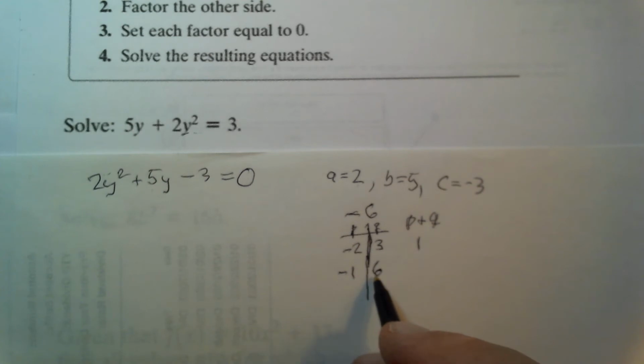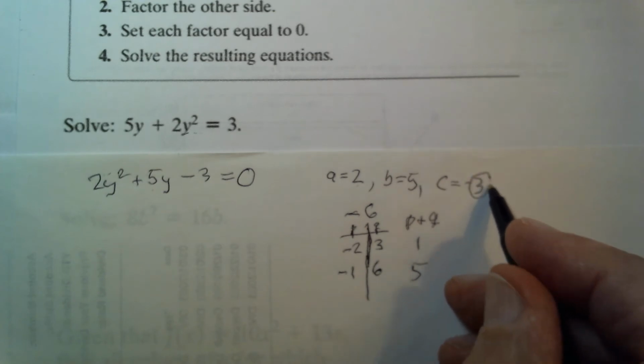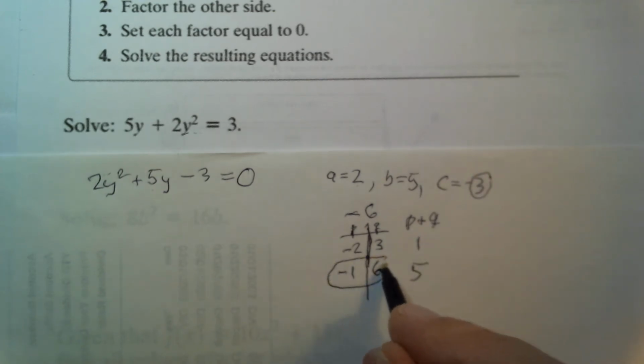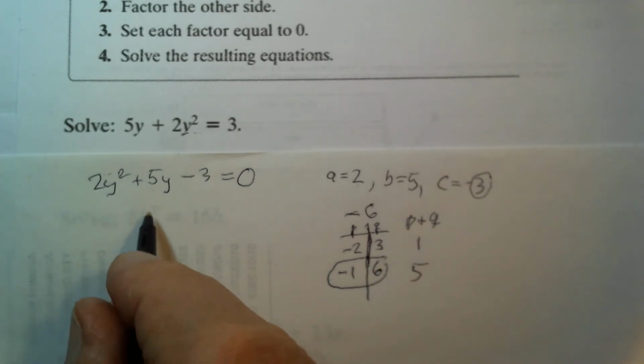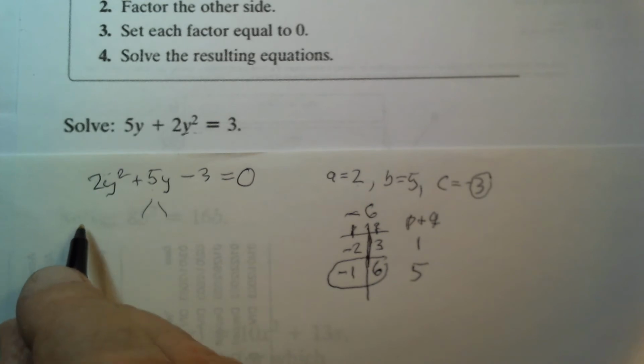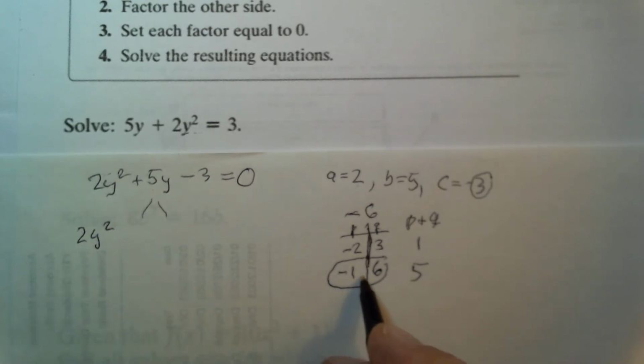In this case, minus 1 plus 6, of course, is equal to 5. And that's what we wanted, right? So we use minus 1 and 6 as coefficients to split the middle term. And we have done this many times before, so this becomes 2y squared minus 1y